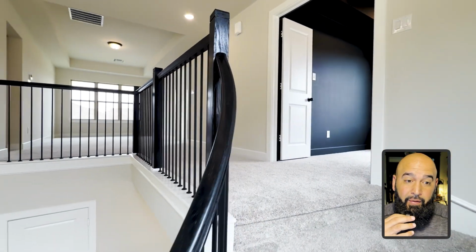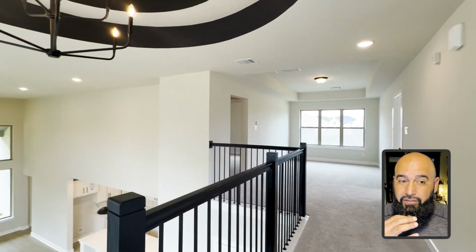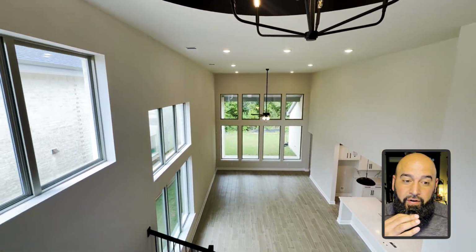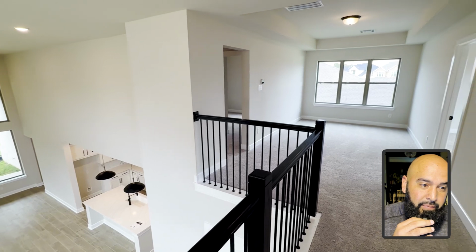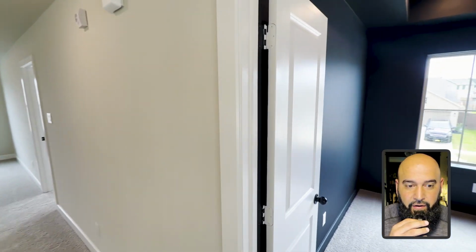I had some people buy a Westin home last year. They actually use their media room for their office because it's kind of more quiet. It's dark in there. You can close those doors and it's more secluded than one of those front rooms at the front of the home. So they use their media room as their office. But just kind of showing you this look down there from upstairs into your great room, you can see those big windows out to the backyard,